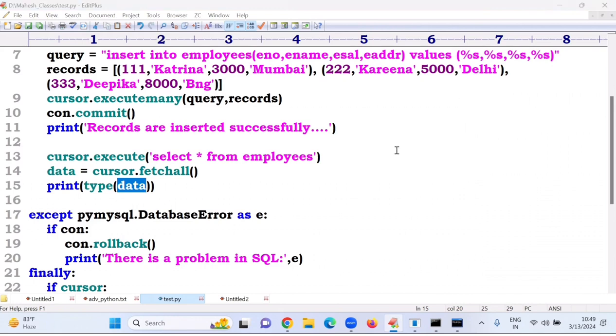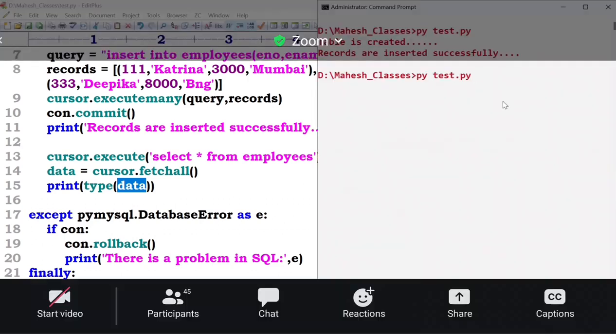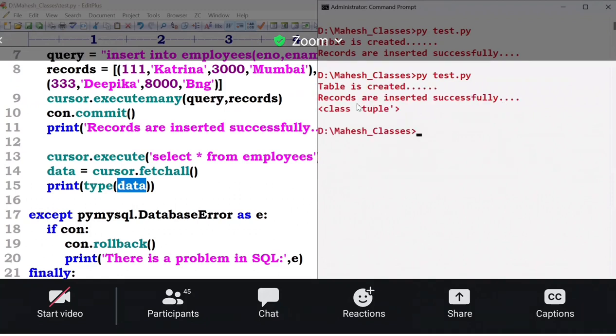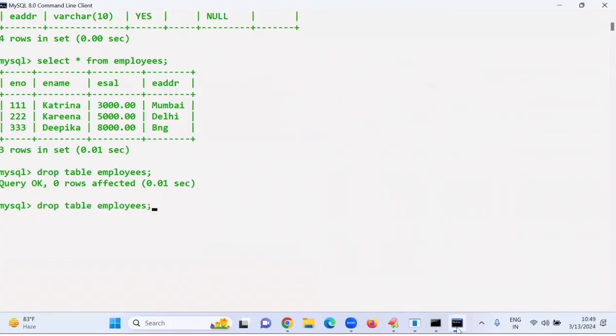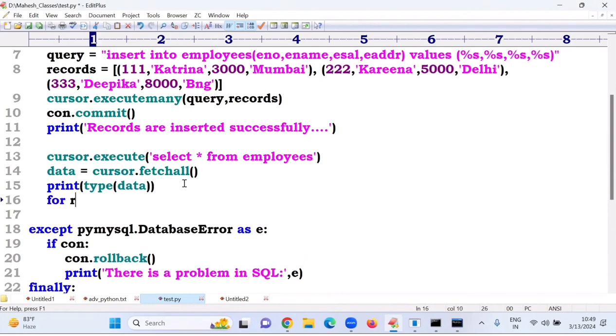What is the type of the data? Here the data should be in the form of tuple. It will be stored. In Oracle it should be list. In MySQL it should be tuple. So once the data is available there, I want to read for each row in